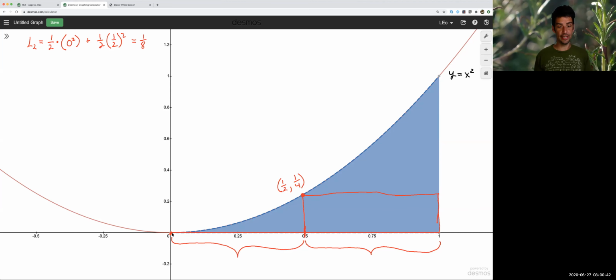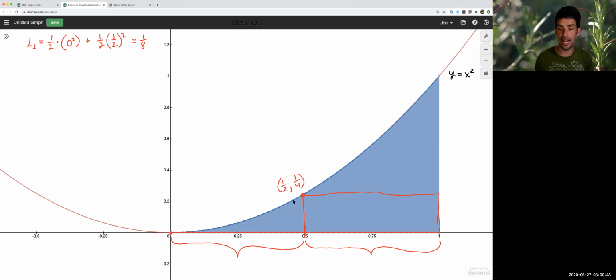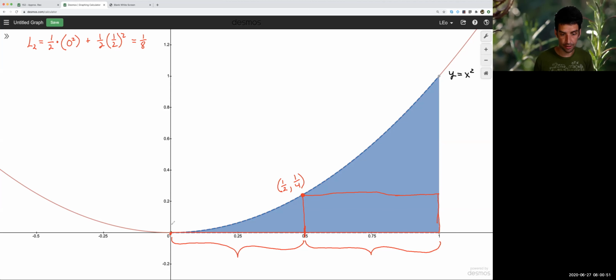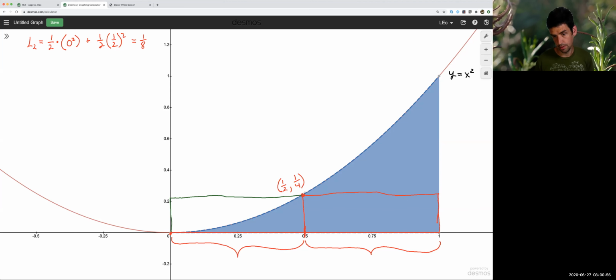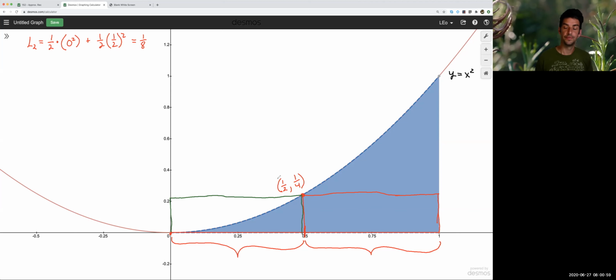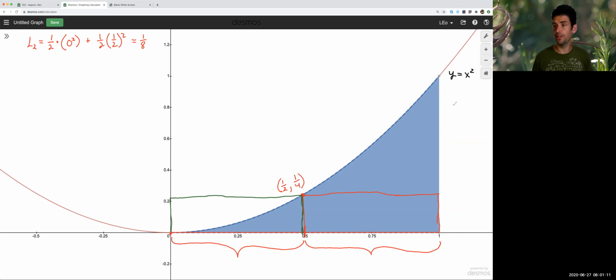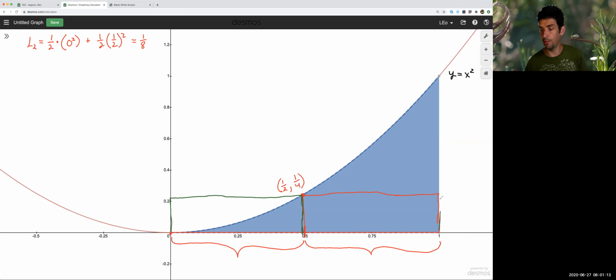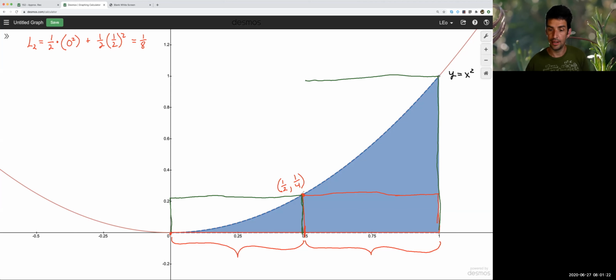Now I'm going to make a rectangle whose base goes from 0 to 0.5, but its height is now going to be the height of the function at 0.5. So my rectangle is this one. Okay. And then for the interval from 0.5 to 1, I'm going to use the right endpoint. So the right end of this interval is 1. The height there is all the way up at 1. Right? So I'm using the same interval on the bottom, but I'm using the right endpoint, I get